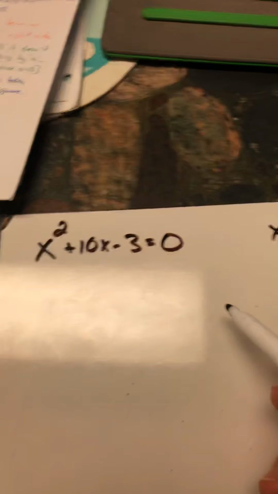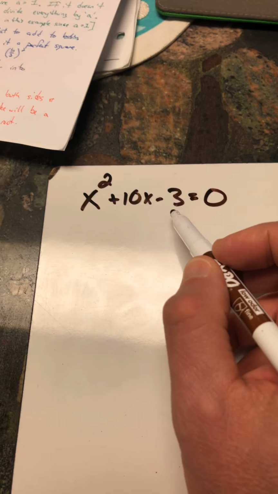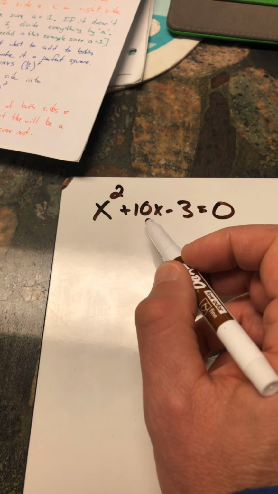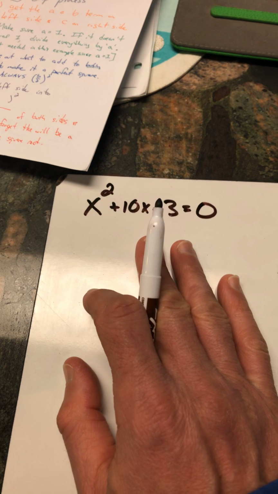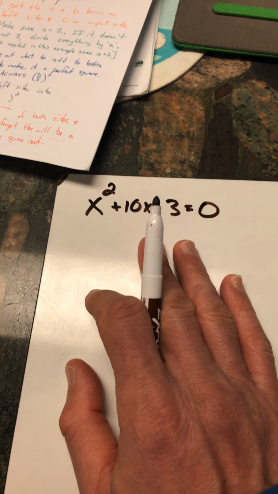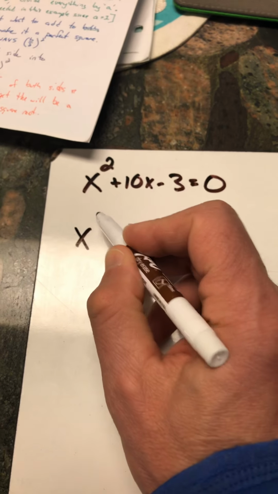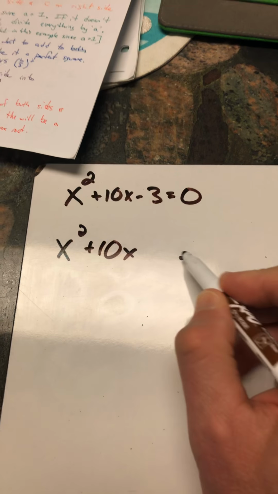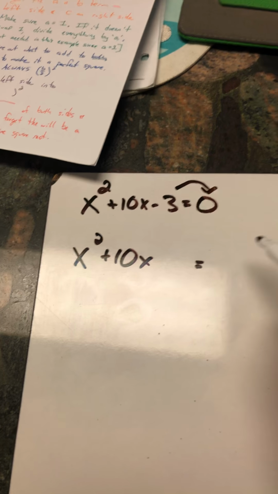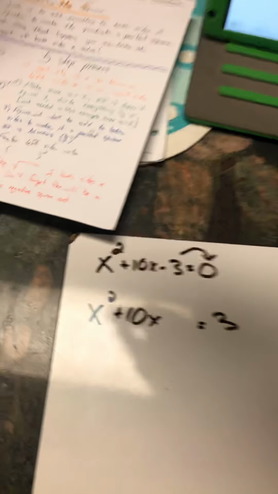Now, if I go to factor this guy, I'm like, what two numbers multiply to get -3 and combine to get 10? I can't factor it. So factoring, I can't solve through factoring. So what I'm going to do is complete the square. And what I do is I get a and b on this side of the equation, and I move that -3 to the other side. And what I'm trying to do